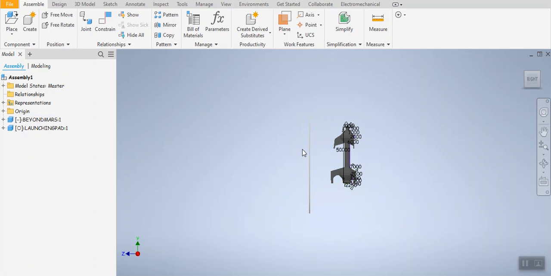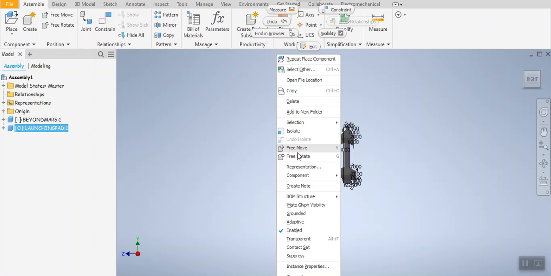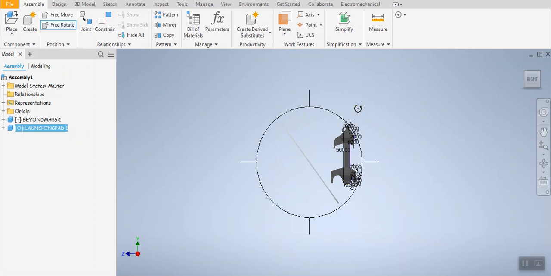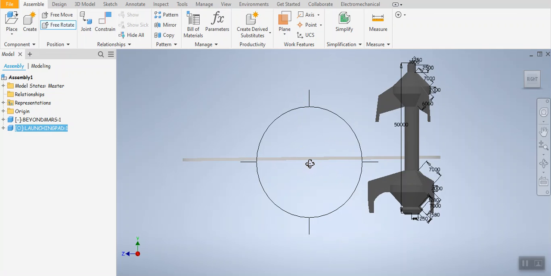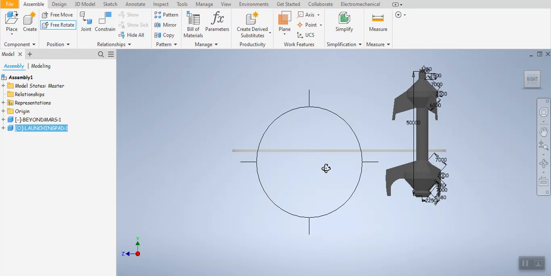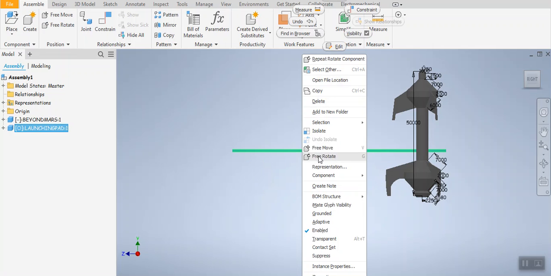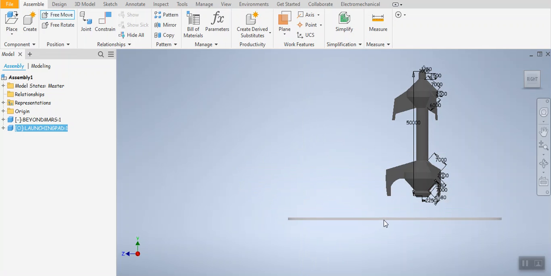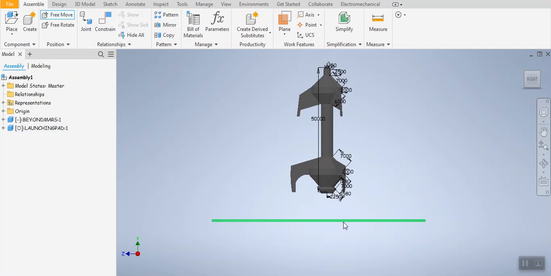The launching pad needs to be rotated. If you click on the launching pad and then press the right mouse button on it, there's a free rotate command that enables you to rotate the launching pad so that it is perfectly horizontal. Okay. Now click on it, right mouse button and the free move command, and then you need to move the launching pad below the rocket,